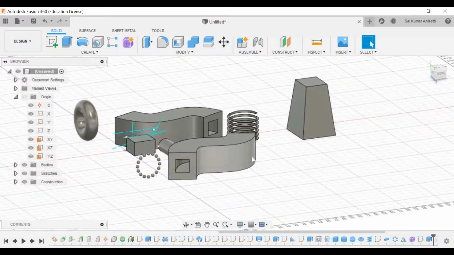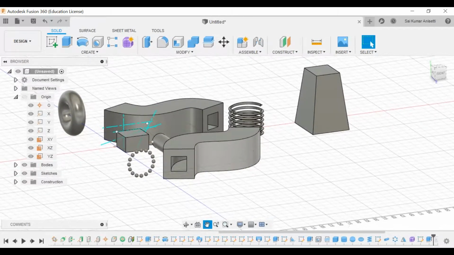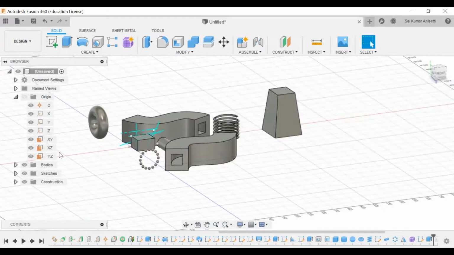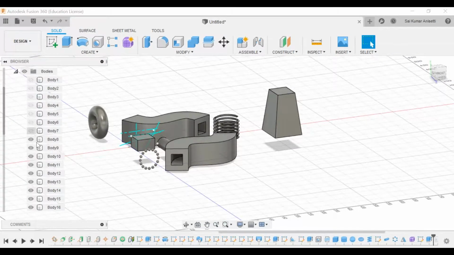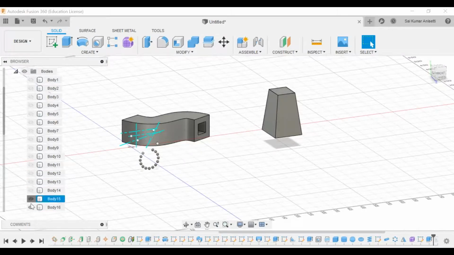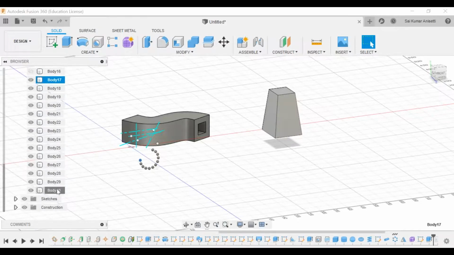Circular pattern. Fine. So there are two procedures now to do that. Let me hide all the bodies.